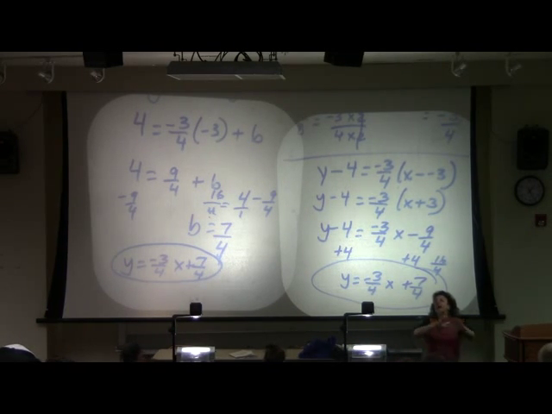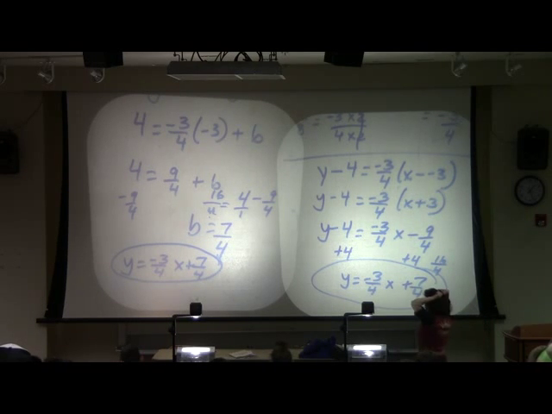You guys, I mean, math is beautiful for so many different reasons, but check it out. You go one way, I go the other way, and we meet in the same place. That's awesome. You can write your fractions as decimals if you want to. I'm a fraction type of gal, but totally, it's not incorrect.